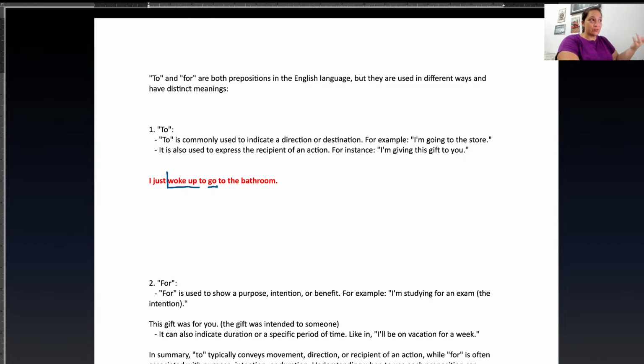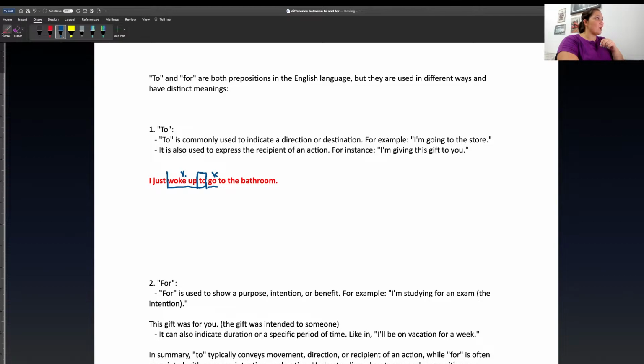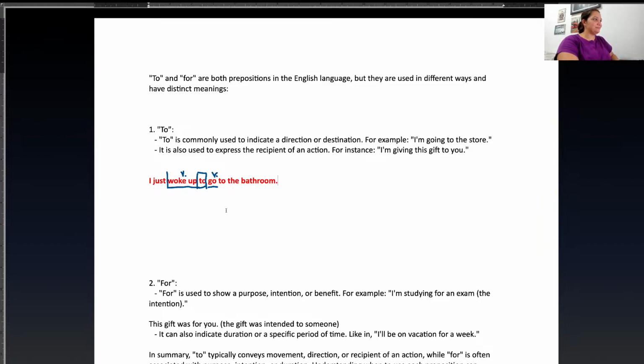Eu já ouvi muitas pessoas dizerem nesse formato, ai, usar o for ao invés do to. Mas não, como eu tenho aqui dois verbos, since I have two verbs, I have to use the preposition to in between them, ok? E se vocês pararem para analisar, if you stop to analyze, pay attention to my sentence right now. If you stop to analyze,